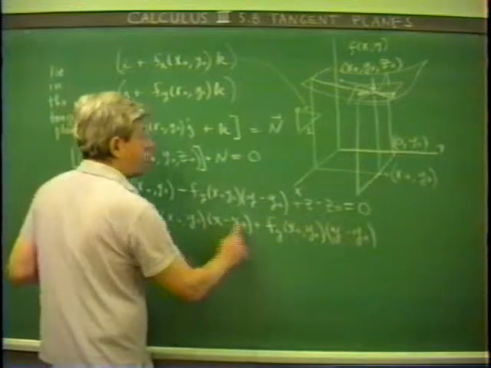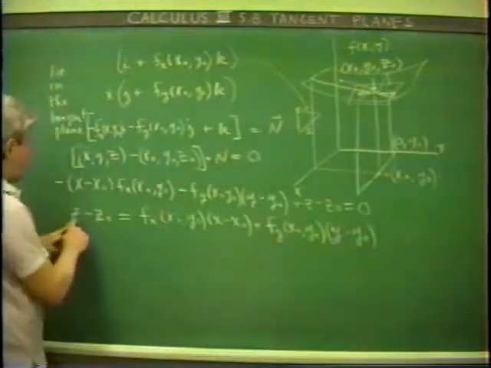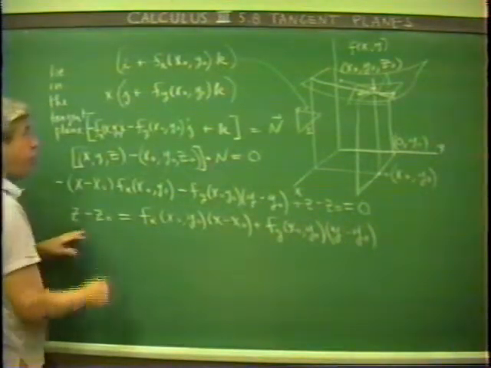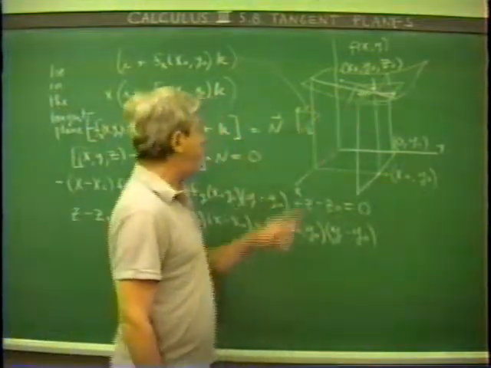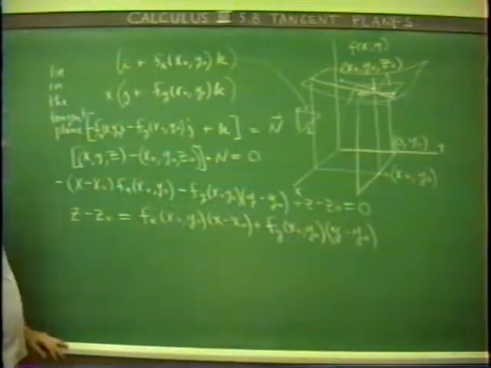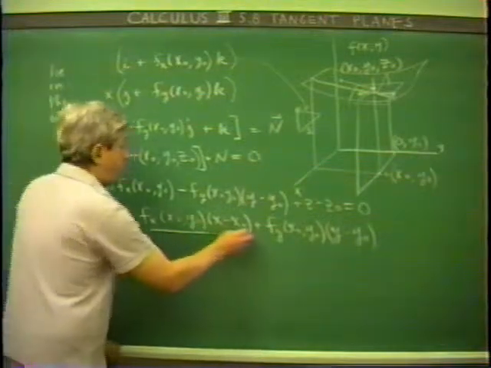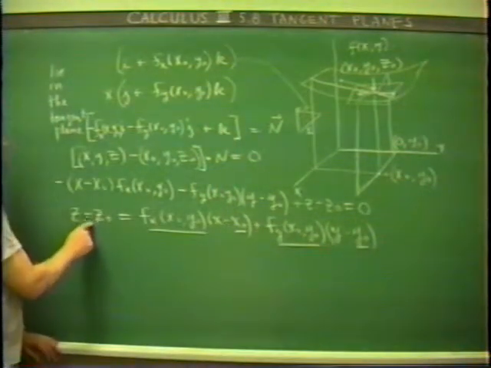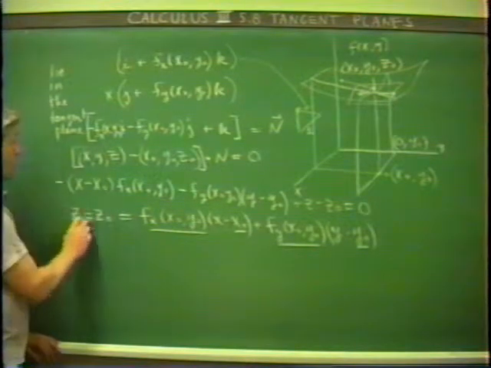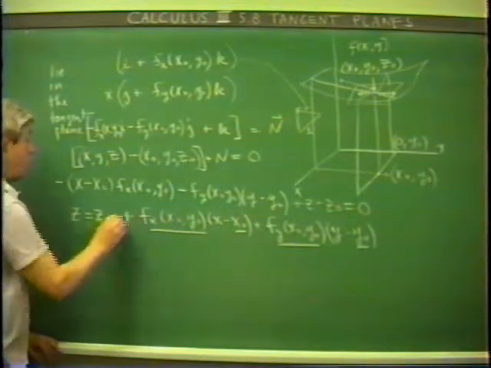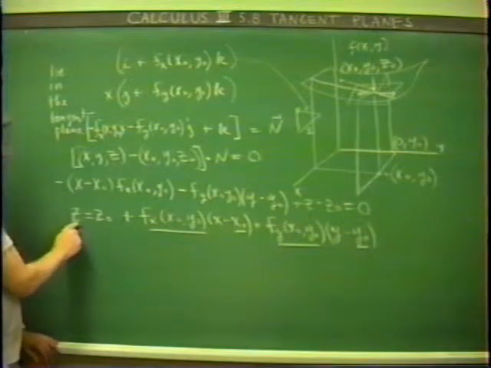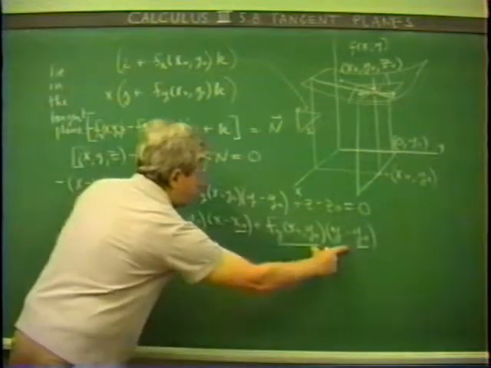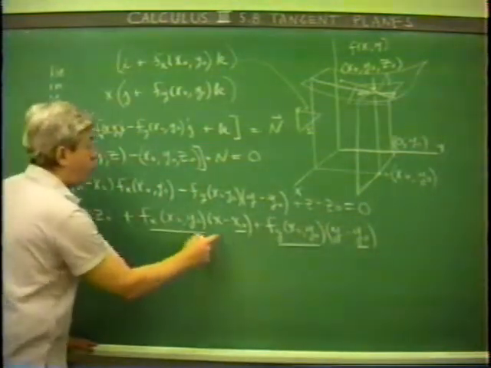Second thing to note is this, that if we let x equal x naught and y equal y naught, and here we find out that z is equal to z naught, so that the point x naught, y naught, z naught is definitely on this plane. And secondly here now, since all these quantities here are constants, we consider this z equals z naught plus this, then this is a function,